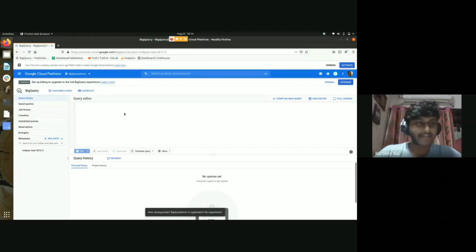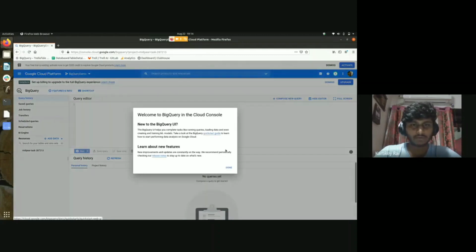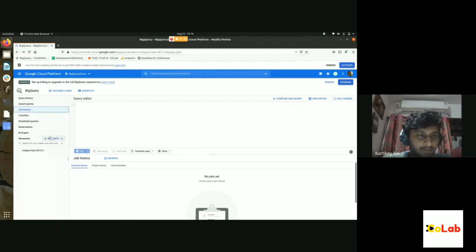This is the dashboard, the web application UI of BigQuery. Taking it from the top, the button features and information will give you the same pop-up that popped up when you opened the URL for the first time. So this is the resources part, the most important thing, where we will be using a few public data sets